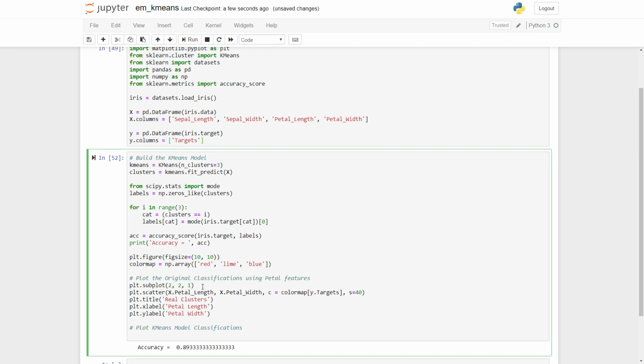Yeah, classifications. So plt.subplot will define another subplot with the same number of rows, same number of columns, and this time the index is going to be 2. The second index, the second canvas, the second subplot should be this one that we are going to define now. So we can have a scatter plot